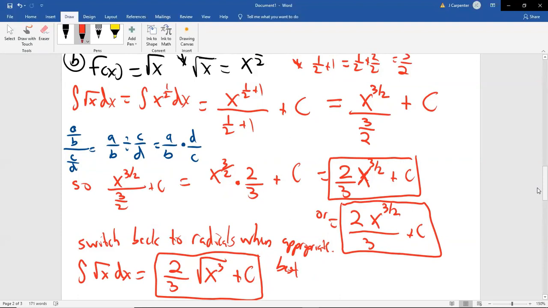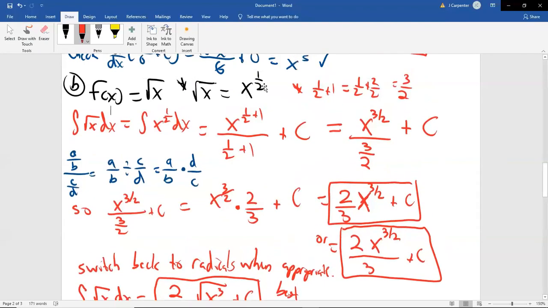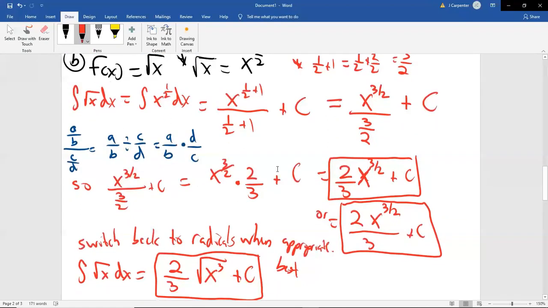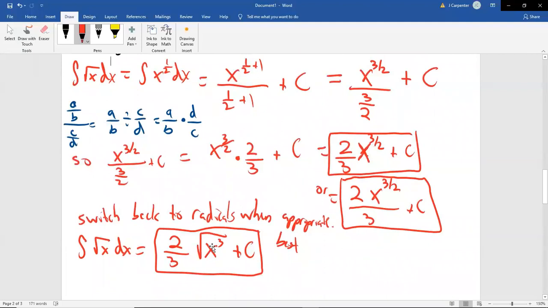So there's a little more going on with that problem, so let's review. Radicals in calculus always got to be turned into rational exponents. That's got to happen at some point. Then we apply the power rule, which says add 1 to the exponent and divide by the same value. We did our fraction math. But then because we had divided by a fraction, we had to multiply by the reciprocal. This is an old rule. Everyone needs to know that, which turned this into 2/3 x to the 3/2 plus our c. But then we said, because this is pretty easy to switch back to the original notation, let's do so. So the x to the 3/2 became a square root of x cubed. If this had been x to the 2/3, this would be the cube root of x squared, but it's not, so it's not.